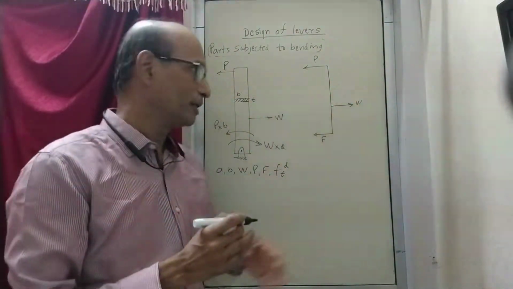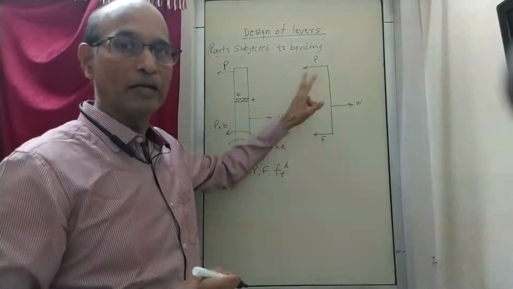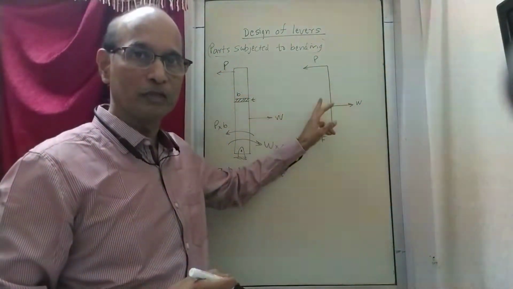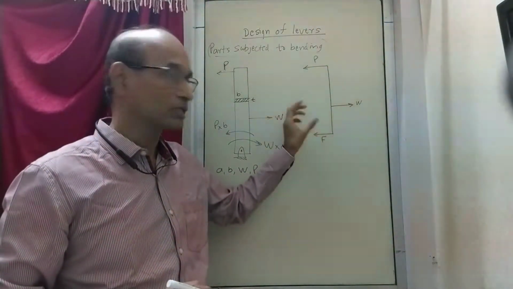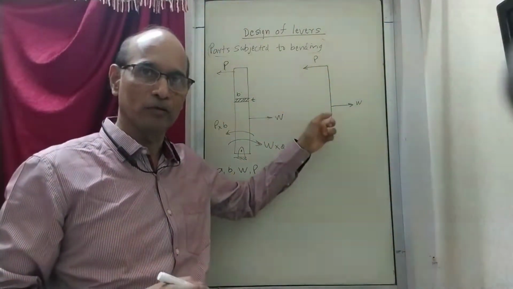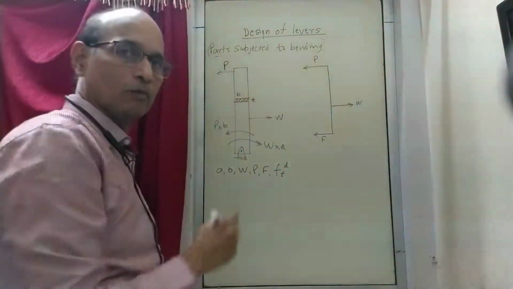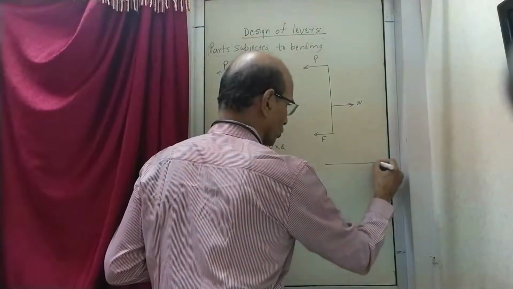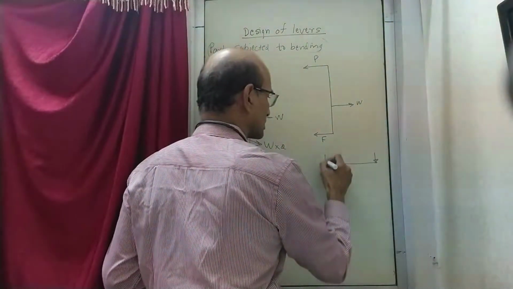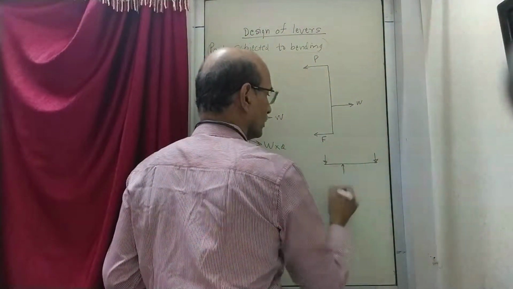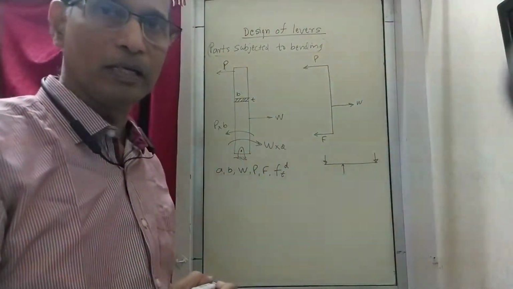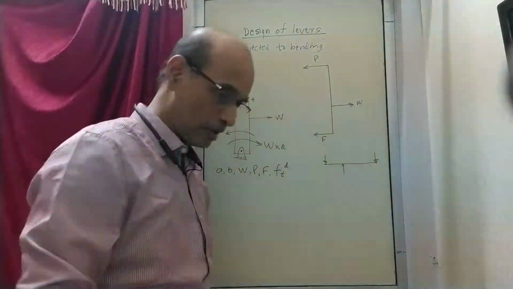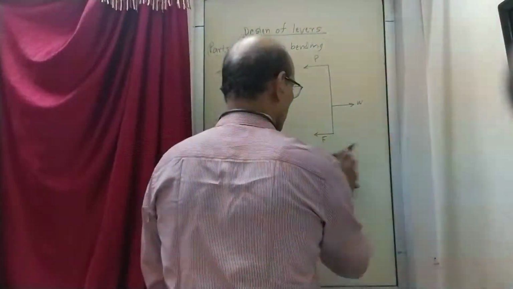So when the lever is experiencing a moment, can you draw the bending moment diagram? The next thing is to draw the bending moment diagram for this lever in order to understand the amount of bending moment that is applied on this lever. You can go back and recollect what we have done, from the strength of materials, how to draw the bending moment diagram. So suppose this is the case, maybe I'll draw a better way, which you already learned.